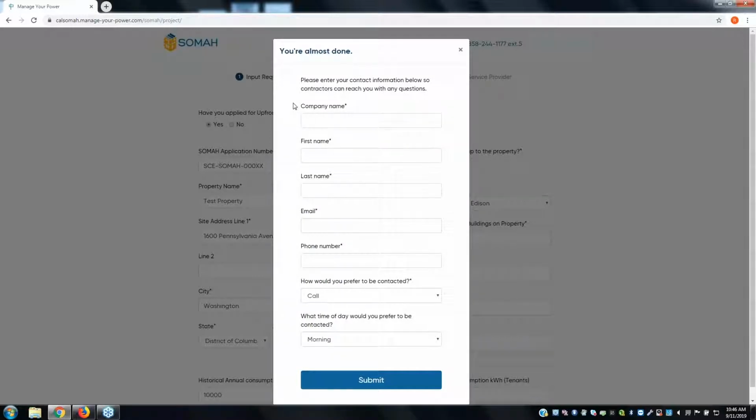And after you've input all that information, the last step here is to enter in your contact information. And this is just so contractors can contact you if they need to. And so you'll go ahead and enter your company name, and then your first name, last name, and then your email address, your phone number,